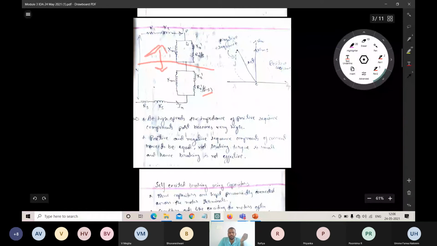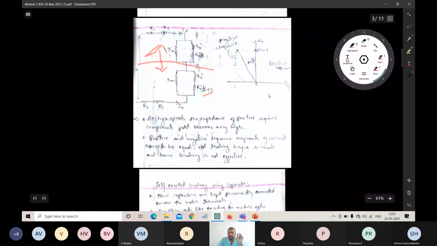So this is the rotor impedance. This is the resistance and the reactance, and combined we can call it the impedance. So Xr dash, Rr dash by s, Xr dash and Rr dash by 2 minus s. Here the positive sequence current will be flowing, and here the negative slip current will be flowing.